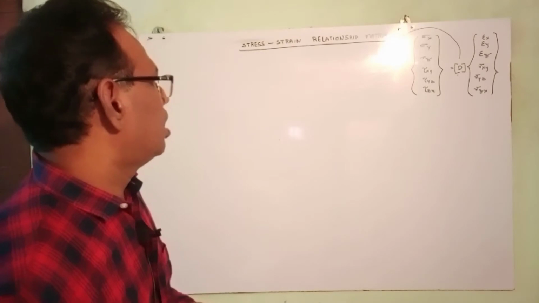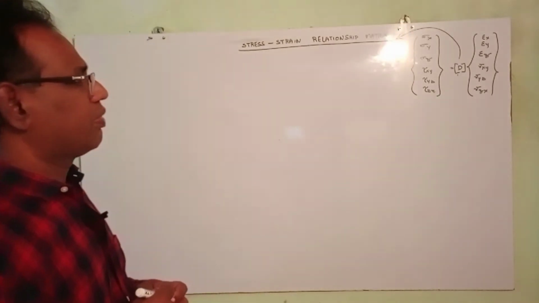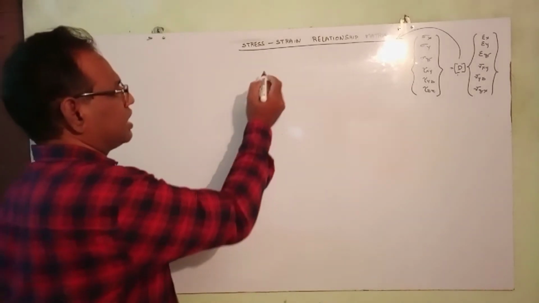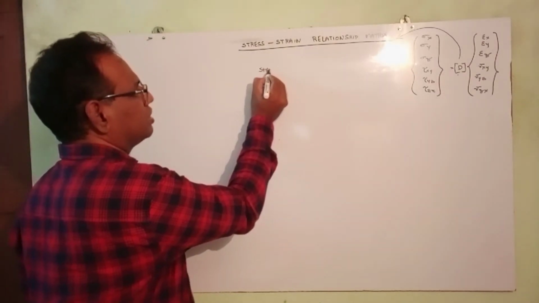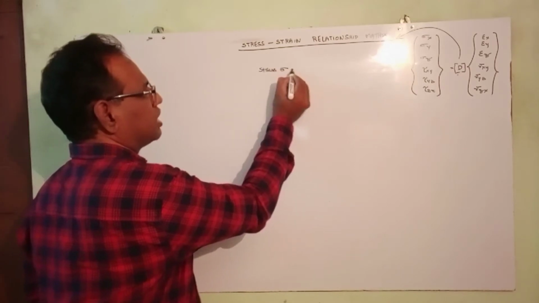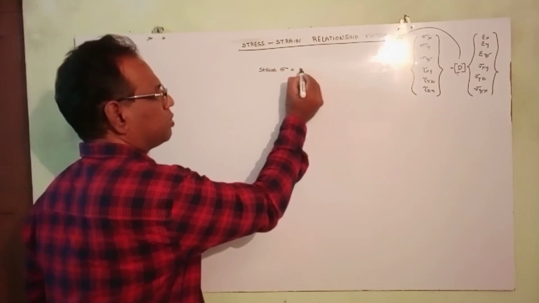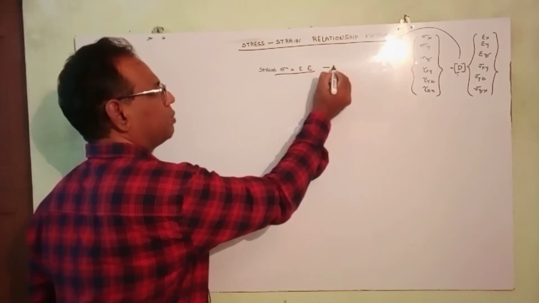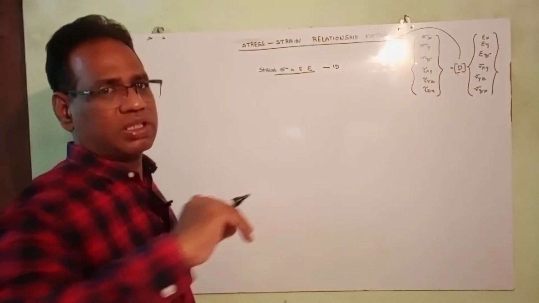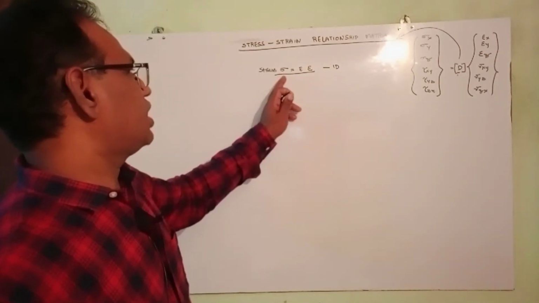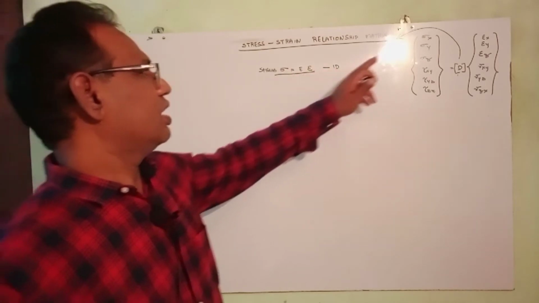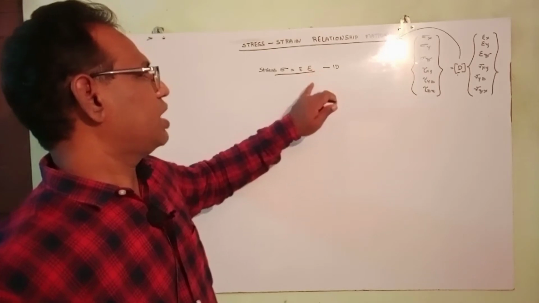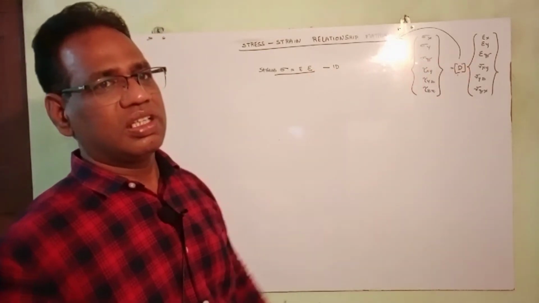So now let us start with the strain. What is the stress? Stress is nothing but Young's modulus into strain, whatever the direction. Strain may be in any direction. This is for one dimension. The same thing I am going to provide for three dimensions. This relationship I am going to extend to the x direction, y direction, z direction with the corresponding epsilon x, epsilon y, epsilon z.